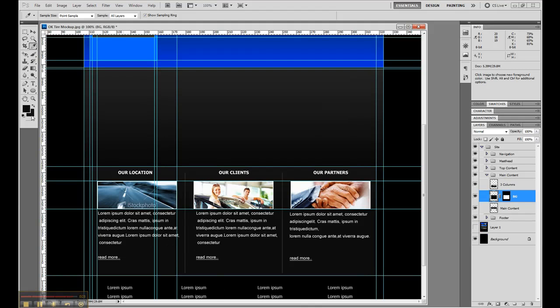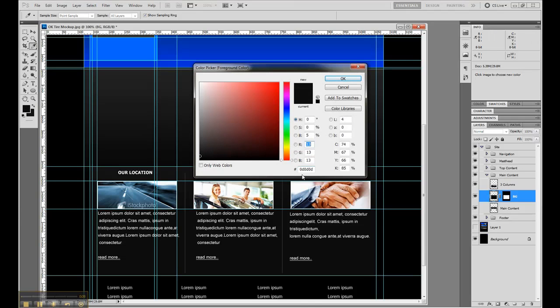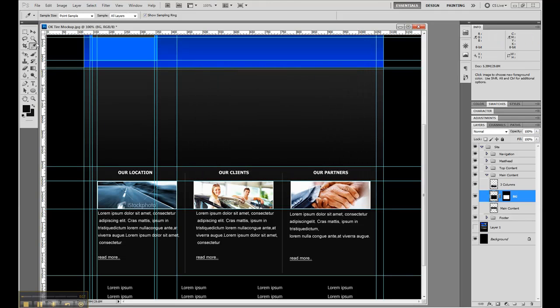So if you ever want to determine whether or not color is the same at one point in the document and the other, you can just eyedropper it and then have a look. So if you open that up, you can see the hex code for that one and the one on the bottom. You see it's not quite the same. So what we'll do is we'll make a selection here,